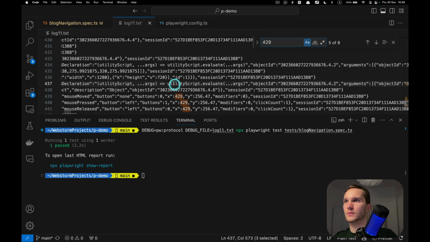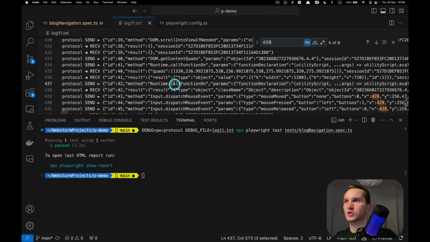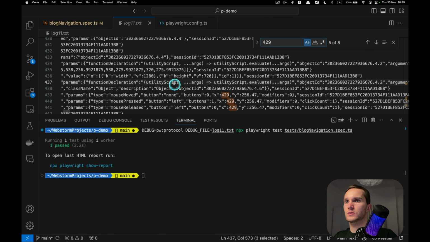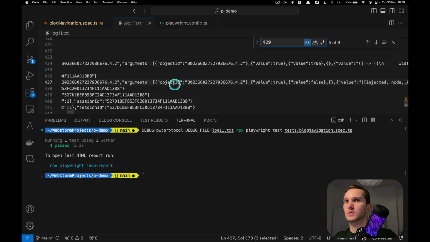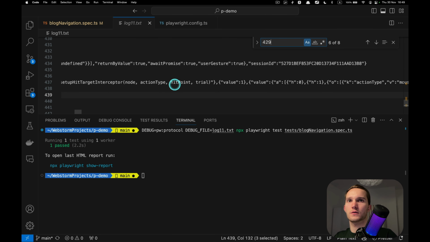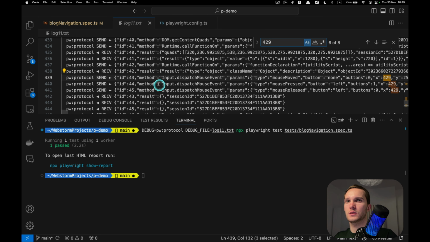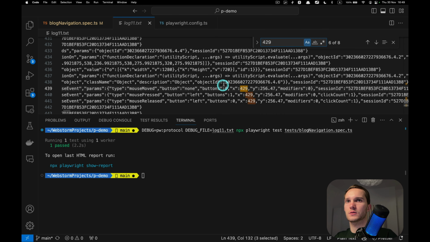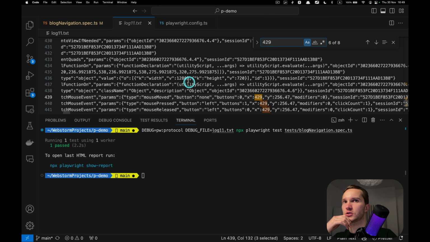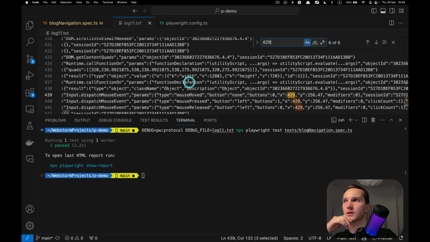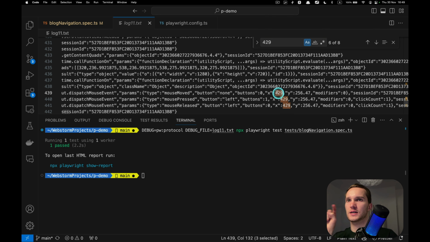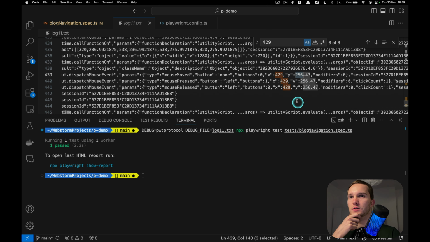Call function. Yeah, so Playwright gives the exact coordinates. I thought the browser should return this, but yeah, maybe the browser just returns the coordinates of the element on the page, and then Playwright calculates the center of the element, which is for x this one and for y this one.